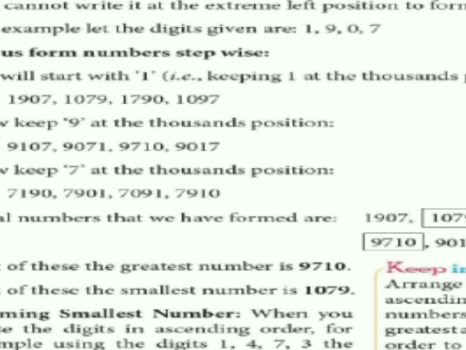So they are making different numbers over there. They are just changing the place of the 9 in each condition, and they are making new numbers. Now in the second condition they are changing the place of the 7 and making new numbers.